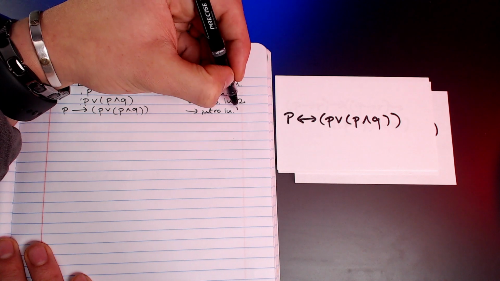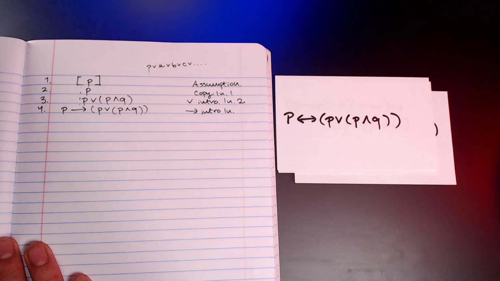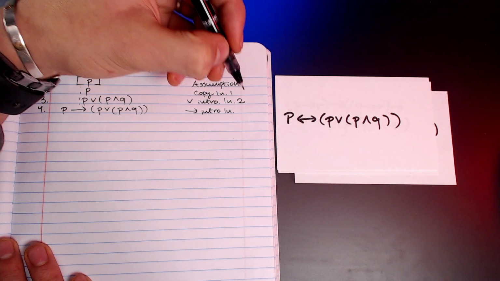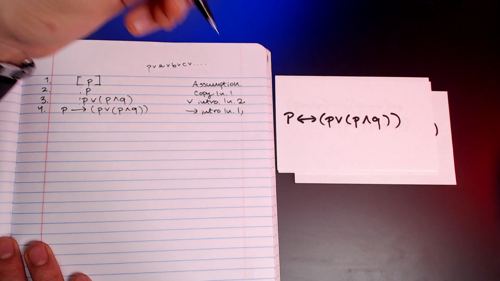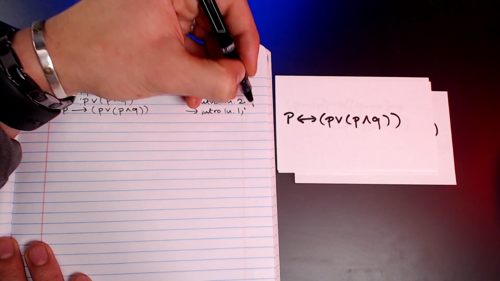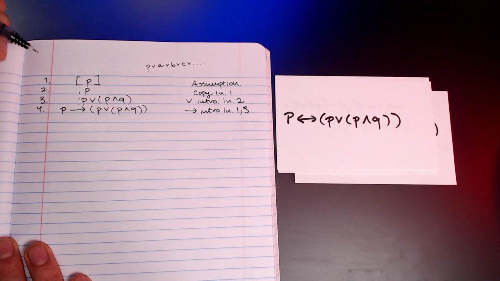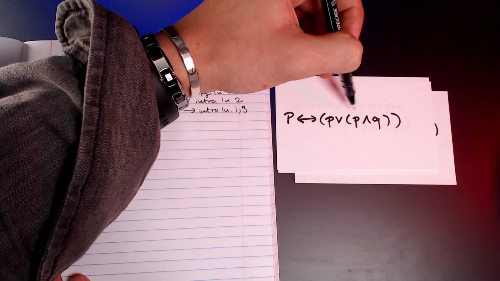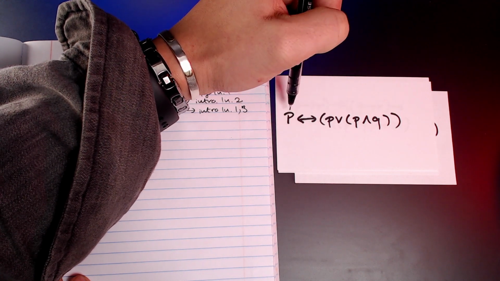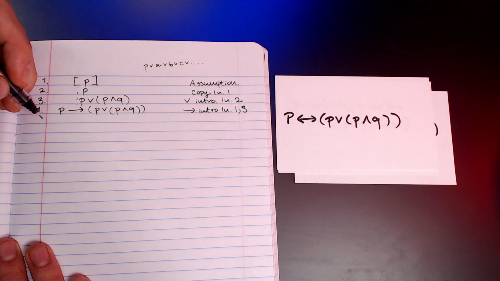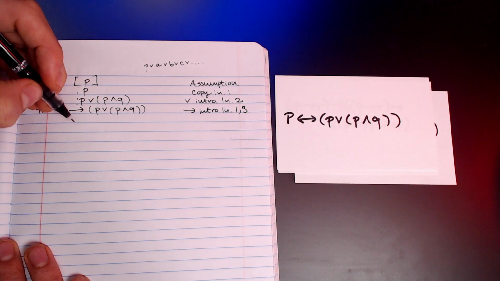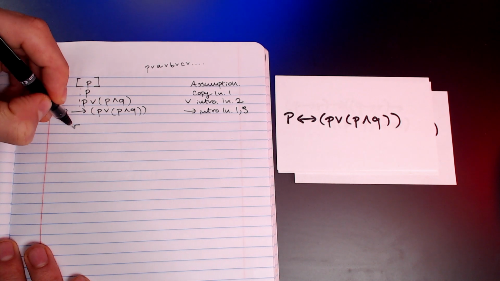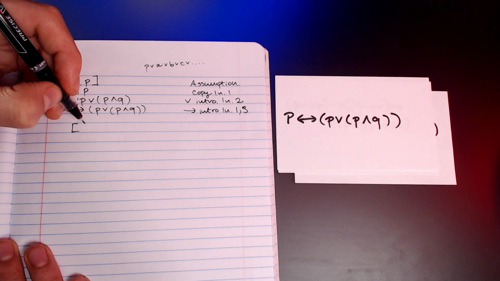And that would be conditional introduction, lines 1 and 3. Okay, so we did this first half. Now we have to go from here going backwards. So on our second part of our proof here, we're going to